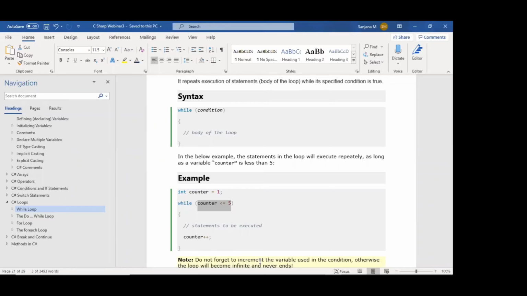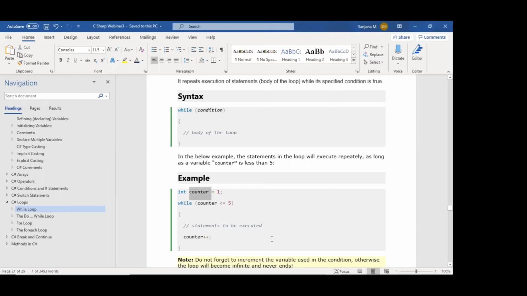Inside the braces, we can write multiple statements. After the statements, at the end, I have specified counter plus plus.